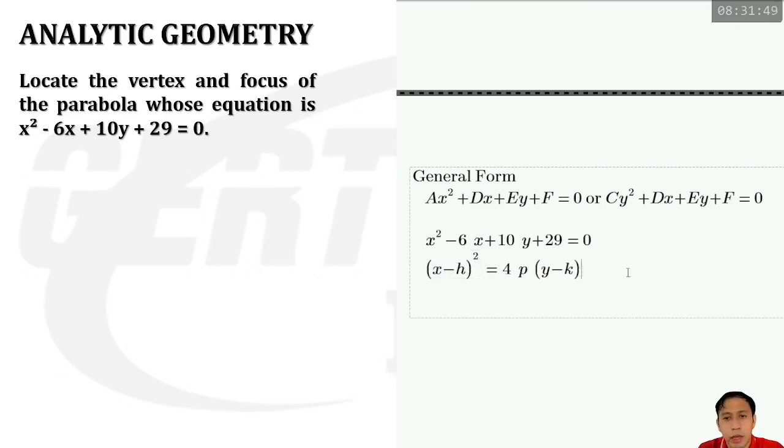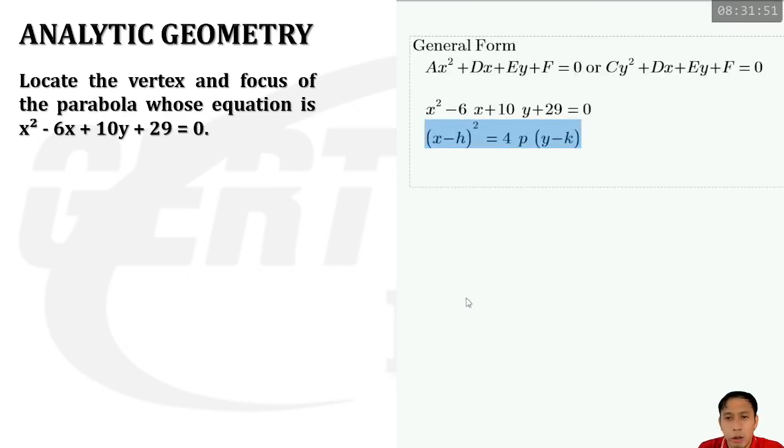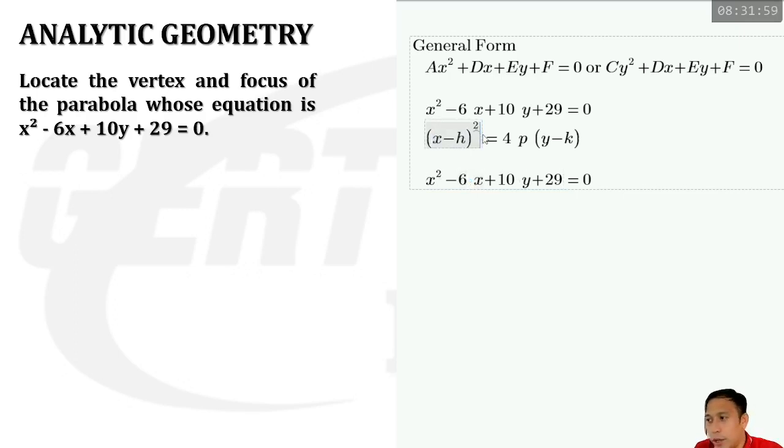In this form. But how? Well, what we will do is completing the square, so that we can factor this into x minus h squared. So we will transfer these two, 10y and 29, to the other side, making this equal to